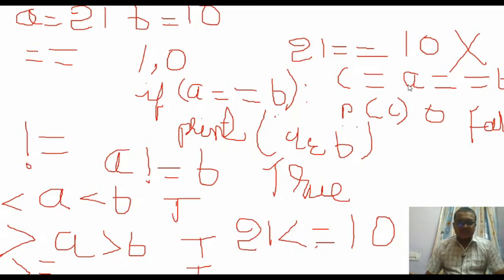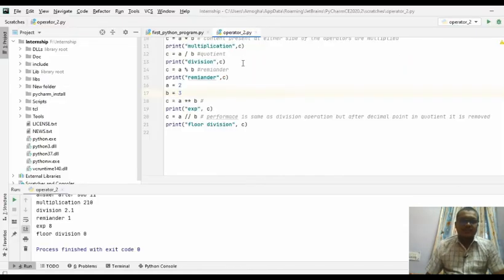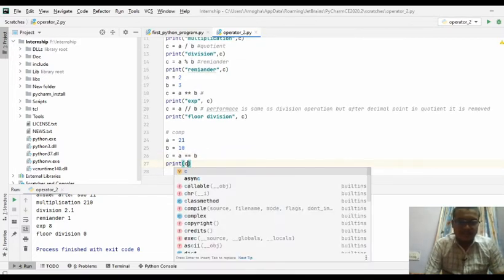The syntax can vary in two fashions, that is using if or by using normal assignment statements. So now we are going for comparison operators. First we are going to take the content same as the previous one, that is A value is 21, B value is 10. First, let me give you the syntax of normal assignment statements. So now the answer you need to get here is false,